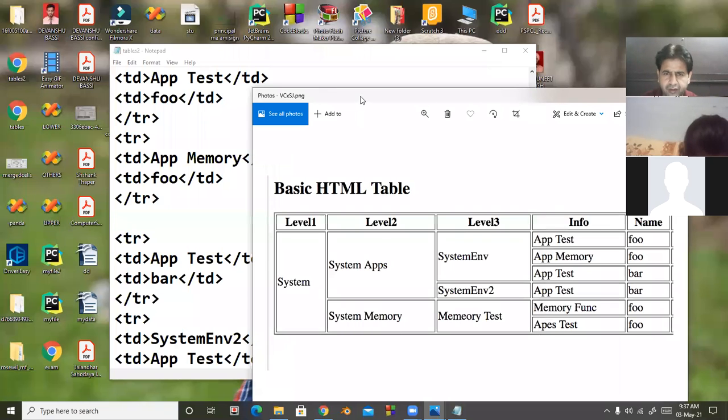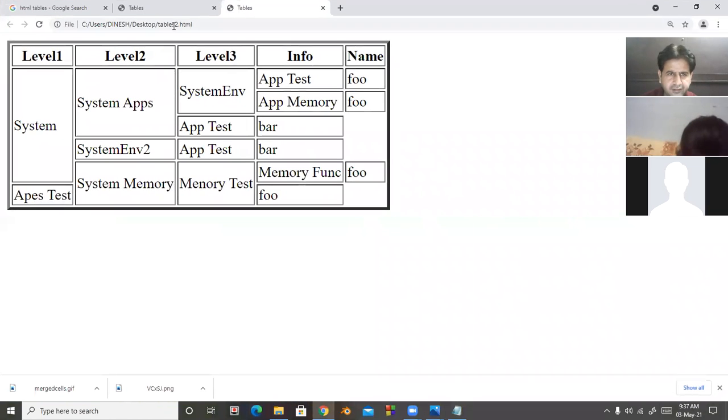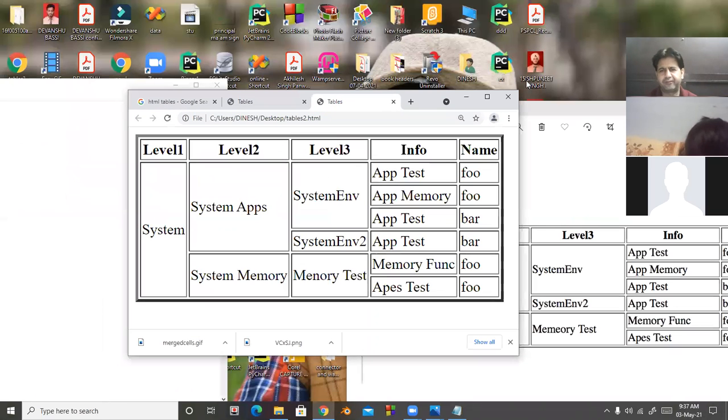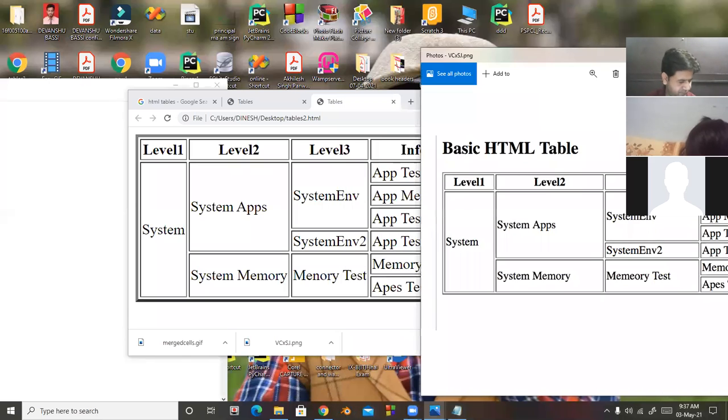So an empty row was there. Now I'm refreshing this table again. So look at here. Exactly, the table is the same. So if you have any doubt and there is text before your table, that is done with the help of H1.